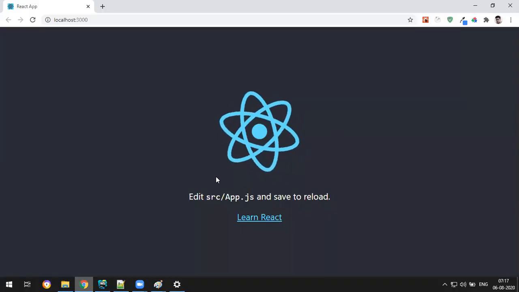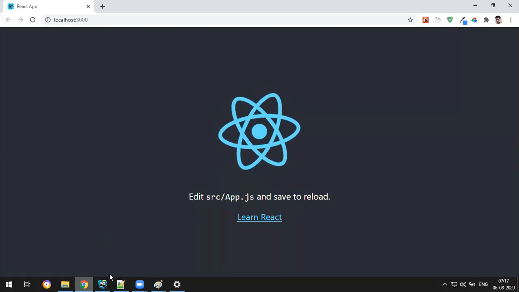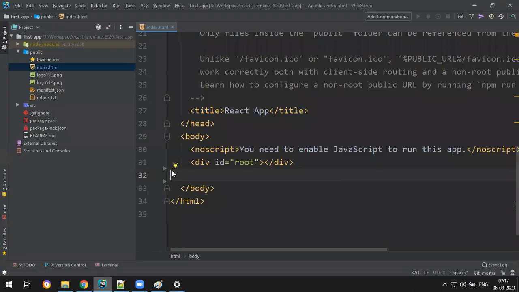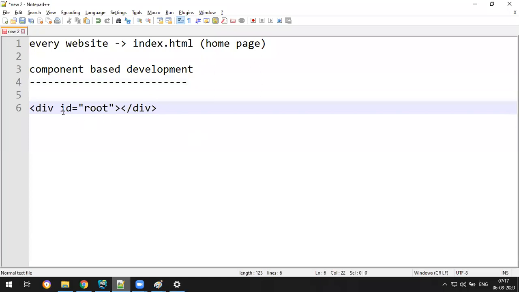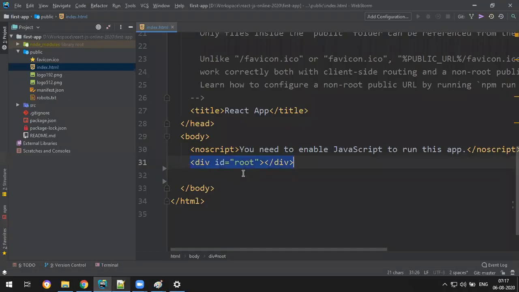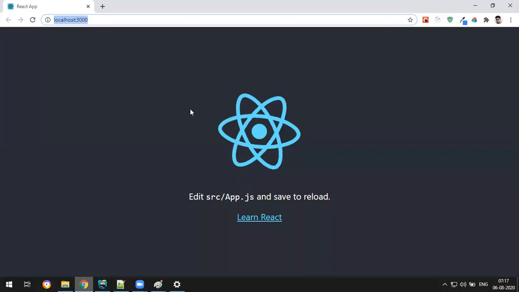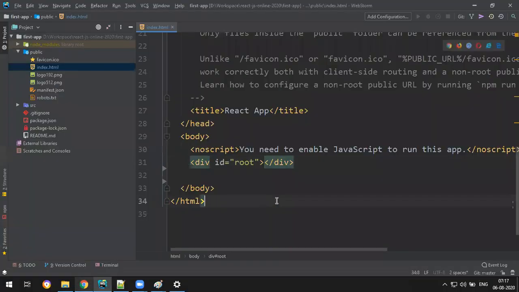So now let's understand how this works. See here. First of all, when you enter this URL, it will go to index.html. But in index.html, what is there? A division with ID root. Let me take this once. Division with ID root, just with this, no content inside. But still we got data. So now let's see where it is.